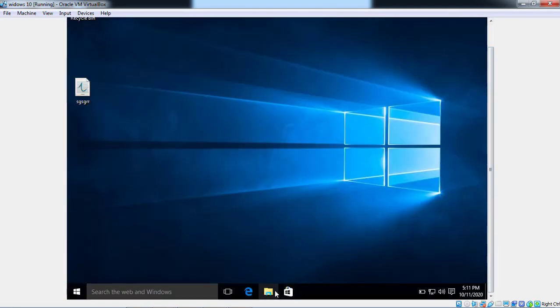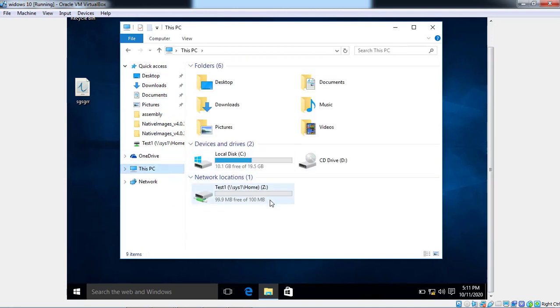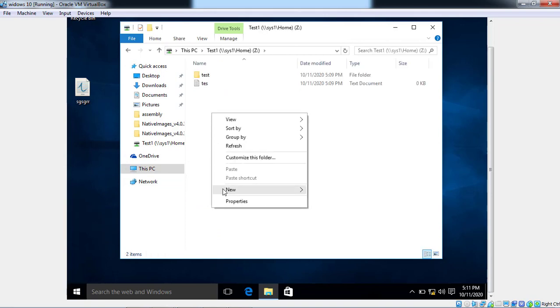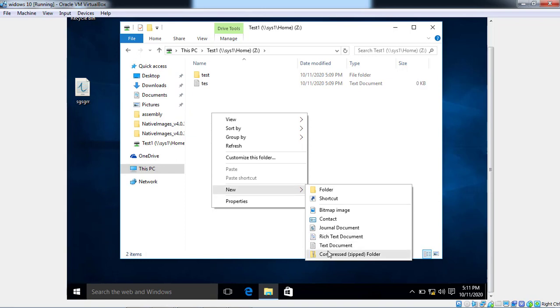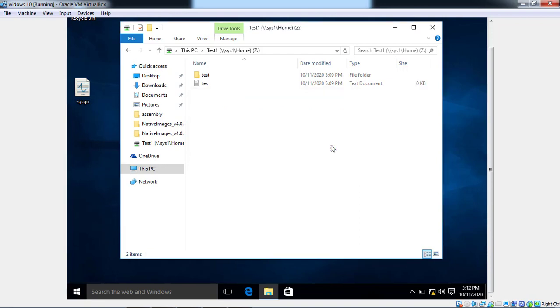Now checking with compressed files, you can see the message, because we have now given another restriction that you cannot create a new compressed folder. So this is the practical of file screening. You can better understand after performing it with two types of files: one is compressed and one is zip.